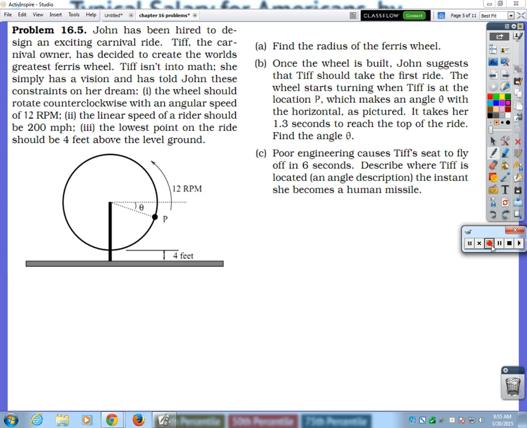All right, so it says John has been hired to design an exciting carnival ride. Tiff, the carnival owner, has decided to create the world's greatest Ferris wheel. Tiff isn't into math, she simply has a vision and has told John these constraints on her dream. 1. The wheel should rotate counterclockwise, sorry, clockwise with an angular speed of